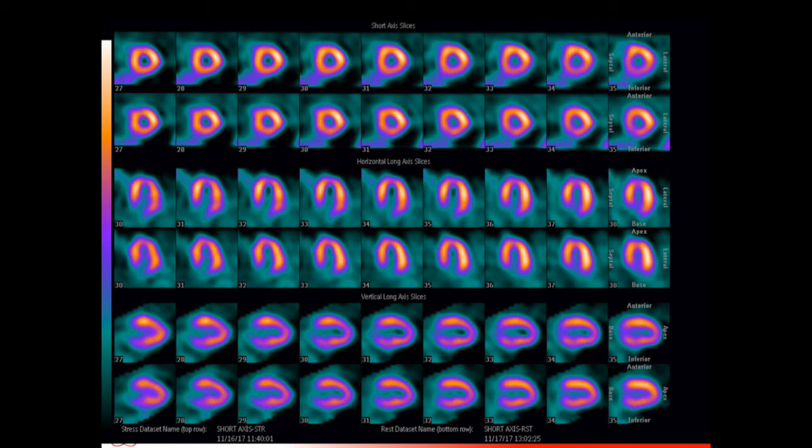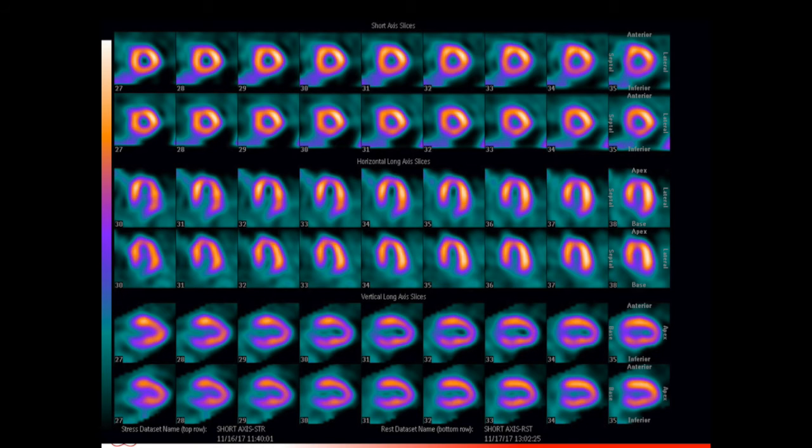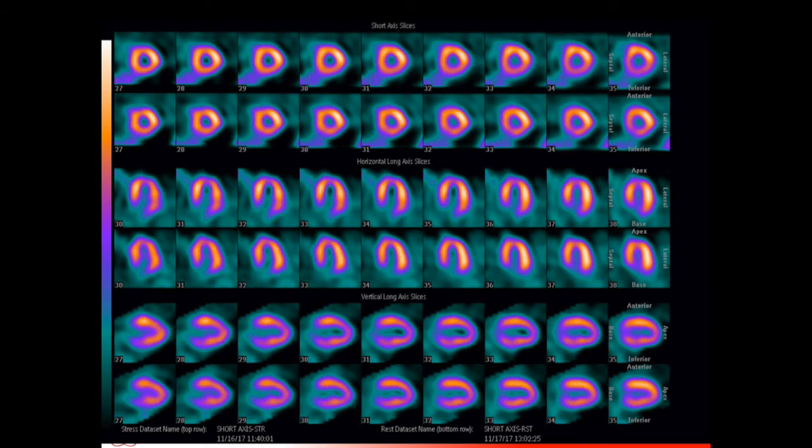And then the images are displayed for comparison. Stress on the top row, rest on the bottom row. In this display set, we have no bullseyes, short axis on the top, horizontal long axis in the middle, and vertical long axis on the bottom. And the game here in nuclear cardiology is to spot the difference. Is there a difference? Because any difference we will attribute to ischemia. There's a reduction at stress, which improves at rest. So there's nothing glaring